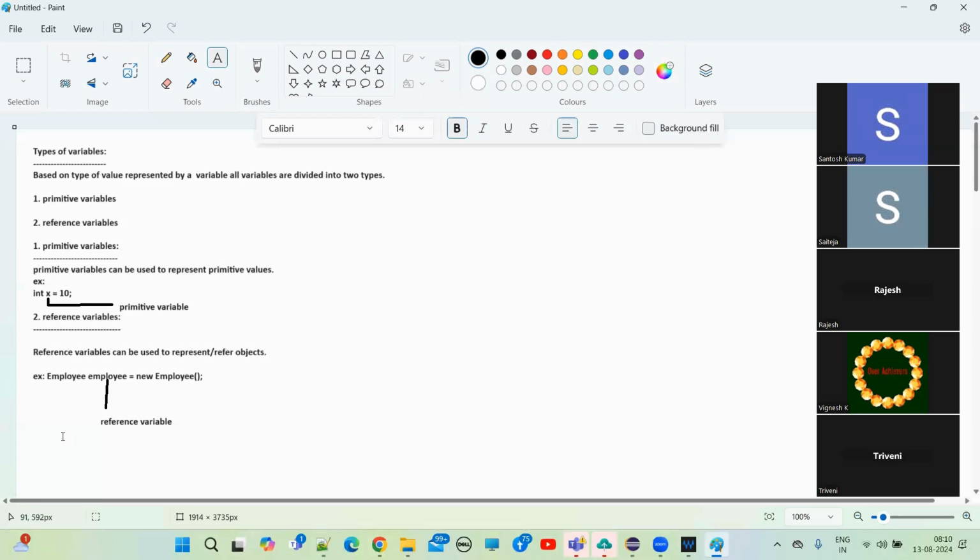Okay. Based on type of value, we have two types of variables. The primitive variables we also discussed, and the reference variables we also discussed. Again, I'm revising this concept. So hope you understood what the primitive variables are and what the reference variables are, right? The default values for primitive variables you also know. The default value for reference variables you also know, right? Already in the notes I have given that. For every reference variable, the default value will be null if you are not assigning anything,